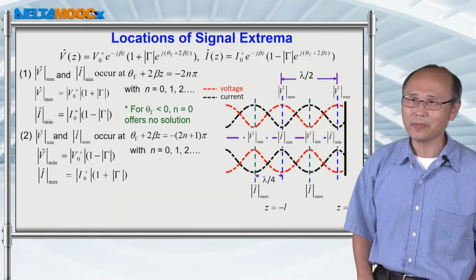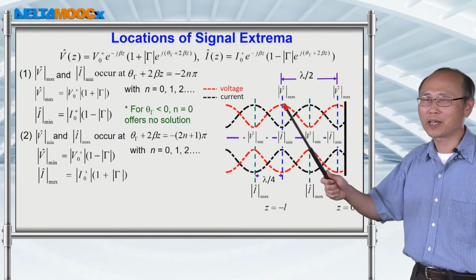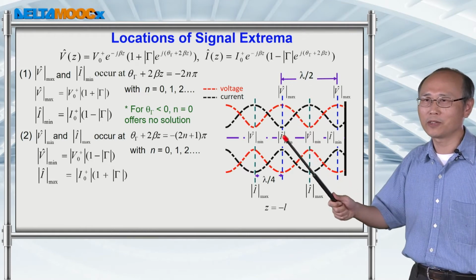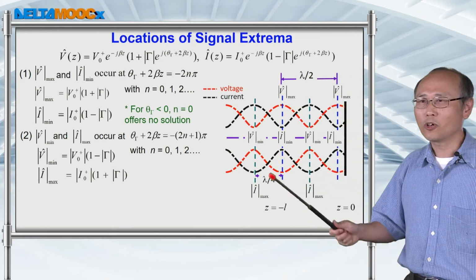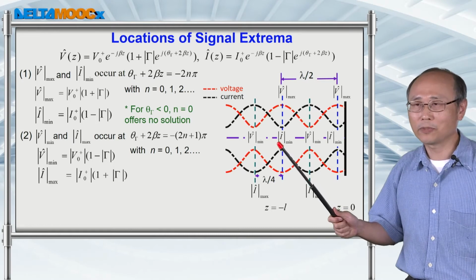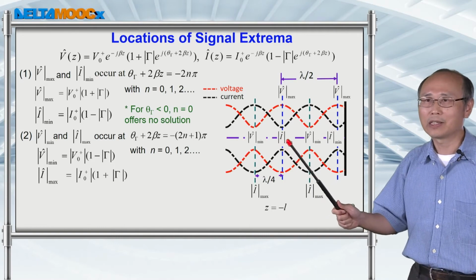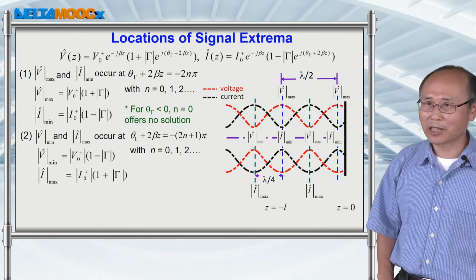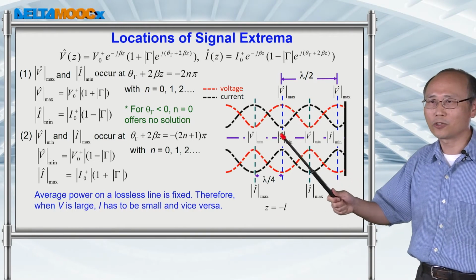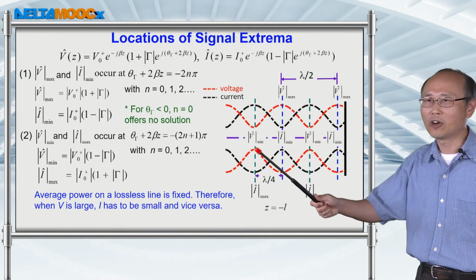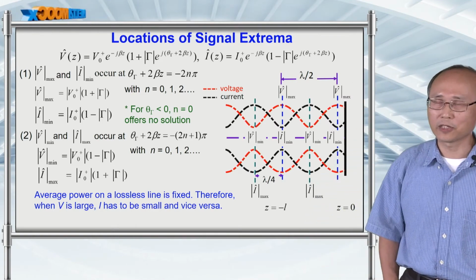of the current. After this point, you might be wondering why the maximum voltage point corresponds to the minimum current point. My interpretation is that the total power on this line is the multiplication of the current and voltage. And on average, the power on this line is a constant value. So whenever your voltage reaches its maximum, your current has to drop to a minimum, so that if you average over all time on this line, the total power propagating on this line is conserved.